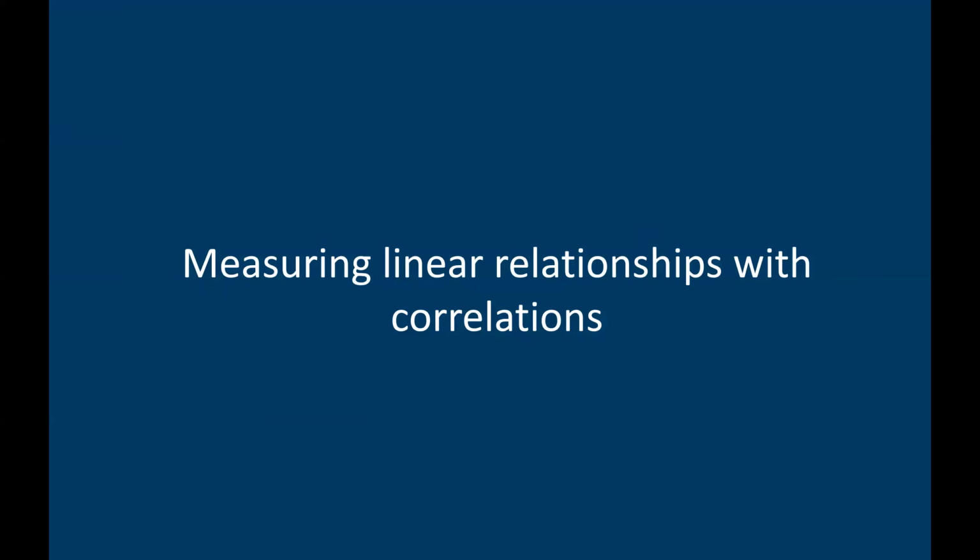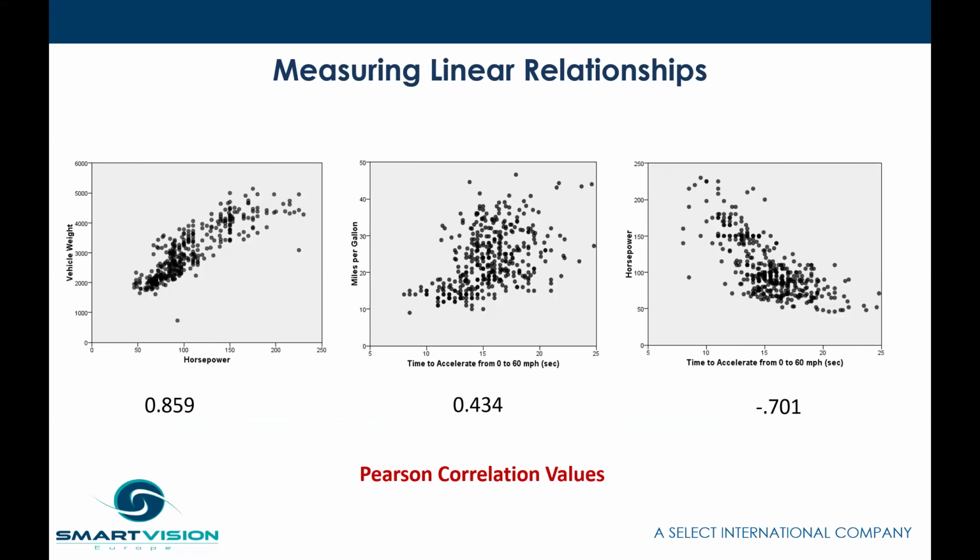Now, if we wanted to measure the strength of these linear relationships that we are viewing with scatter plots, we might use something like a correlation value. Whenever we do a scatter plot, we can summarize the linear relationship using a correlation value. If you joined the previous session, you'll know that we introduced correlations. We looked at correlations between rating scales. Here we look at correlations between